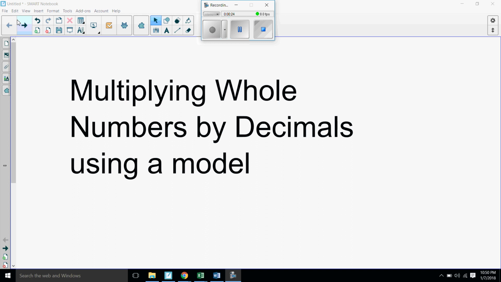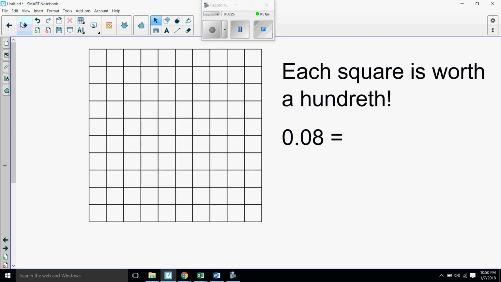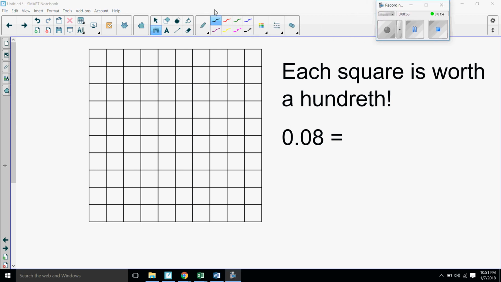Something that a lot of people are going to ask is, what kind of model are we going to use? We're going to use this hundredth square right here. If you look at it, each square in this model is worth a hundredth. So if I said, what is 0.08 worth? You would say, hey Mr. Lindy, that's 8 hundredths. Well, what it would be worth is me picking a marker and coloring in one,